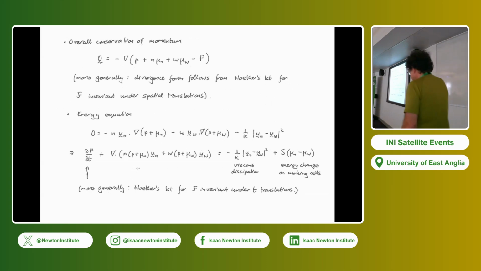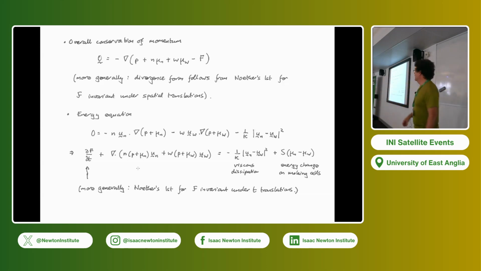Okay, so what does the variational structure tell you? It tells you you're in, I think, pretty good shape. So if you add the two momentum equations together, you get overall conservation of momentum, which Newton would be happy about, I guess. So here in the local case, it's all explicit, but more generally, you appeal to Noether's first theorem, and as long as the free energy is invariant under spatial translations, you get a divergence there,